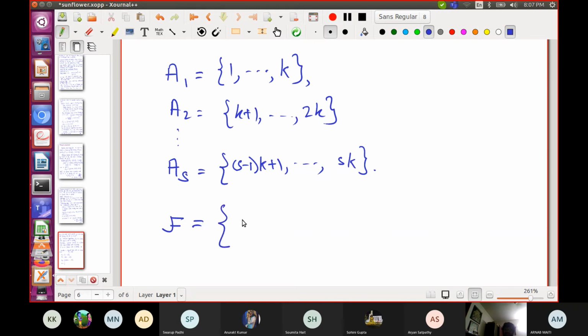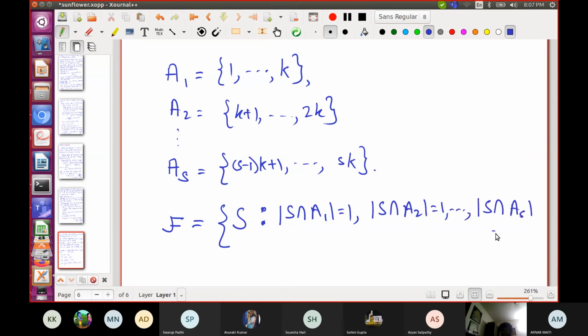The family is going to be all possible sets that can be formed by picking exactly one element from each of these Ai's. Basically, S such that S intersection A1 has size 1, S intersection A2 has size 1, and so on, up to S intersection As.